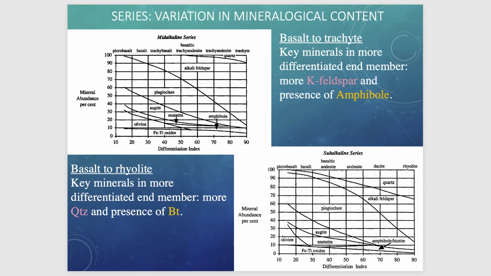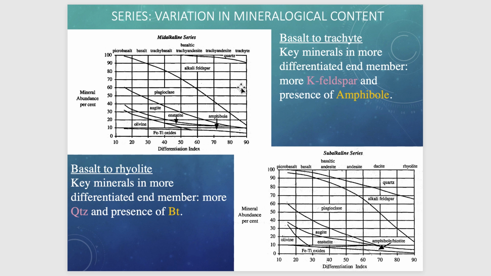And here we have other diagrams that look at transitions from basalt to rhyolite and to trachyte. So key minerals in this case are highlighted in these other diagrams. So we have differentiation index versus mineral abundance in percentages. And so how does this work if you are moving from a picrobasalt, so an olivinic basalt, and progressively increase